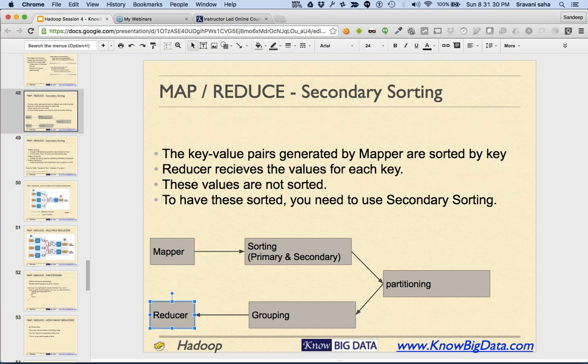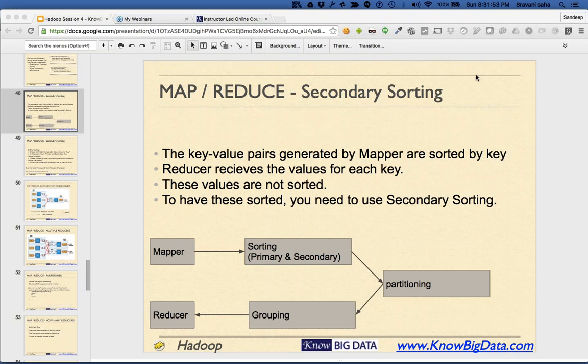So we learned how to control the mapper, how to control the reducer, and how to control partitioning. We also learned how to control sorting based on the primary key, and grouping also only based on the primary key. Today we are going to discuss what the secondary key is. Okay,